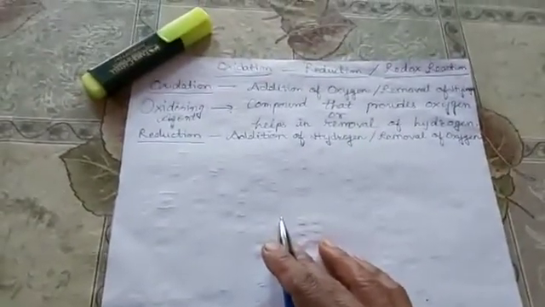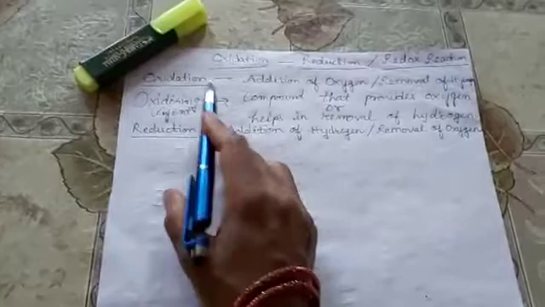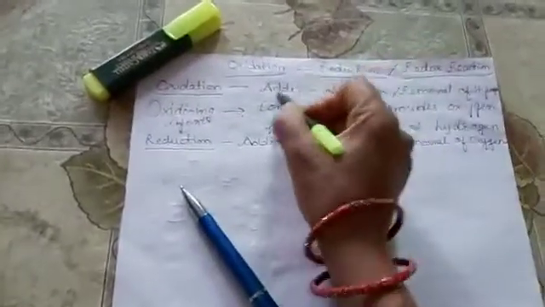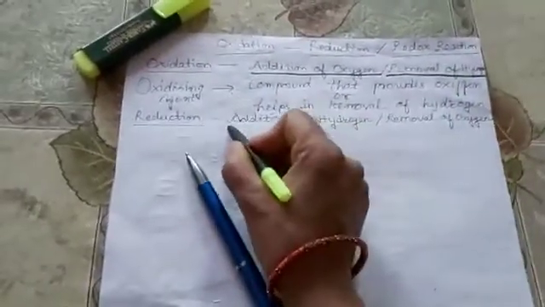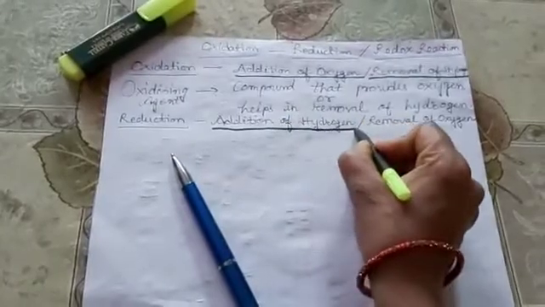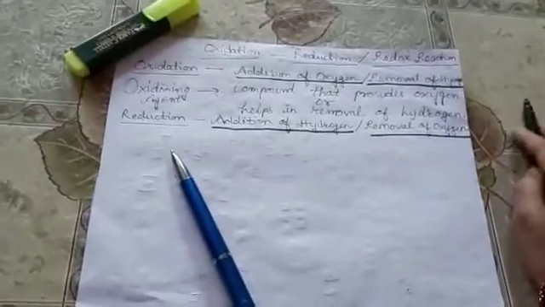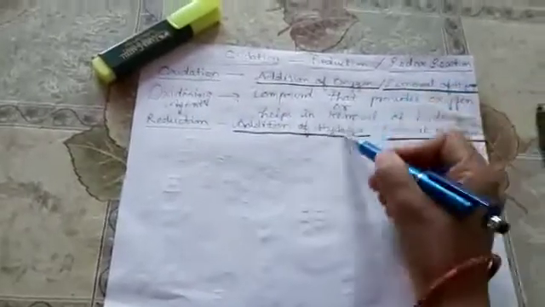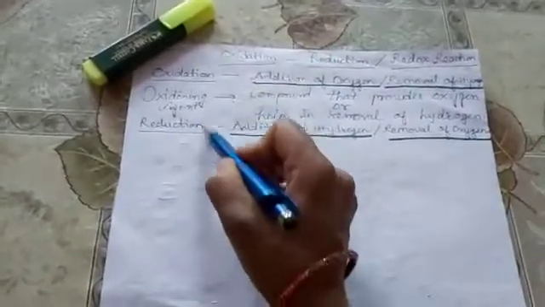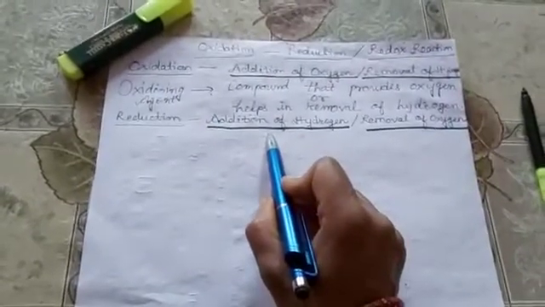Now, after understanding the oxidation concept, we have to move on to the reduction process. Reduction is opposite to oxidation. In oxidation, we highlighted addition of oxygen or removal of hydrogen. Here, if in any compound hydrogen is added or oxygen is removed, then we consider it the process of reduction. If you memorize one concept, oxidation or reduction, automatically the other can be learned.